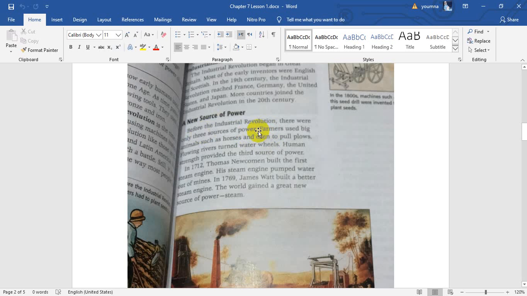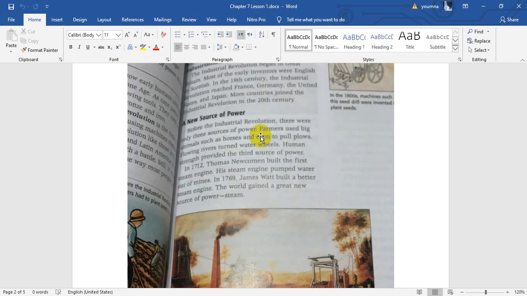It's an irregular noun. So ox, the plural of it, oxen. They use it for what, guys? To pull plows. The plow is a small machine that you use in farms to make the land and